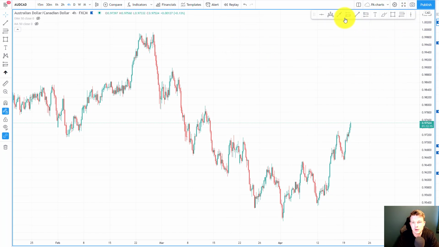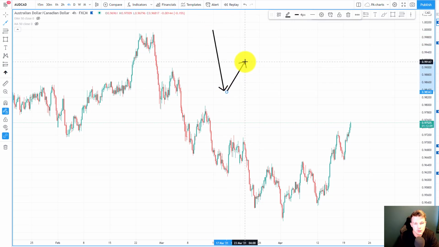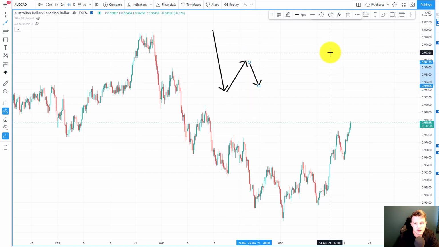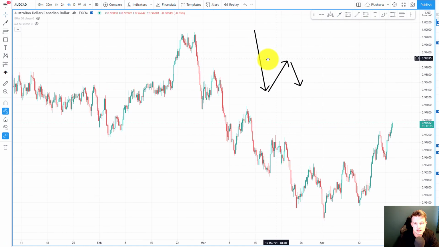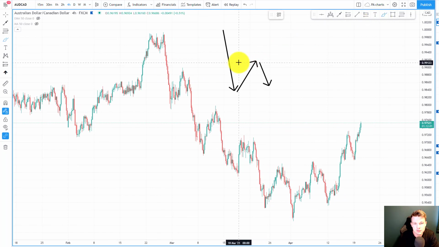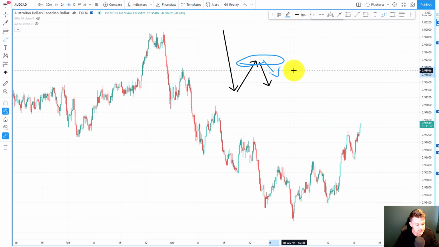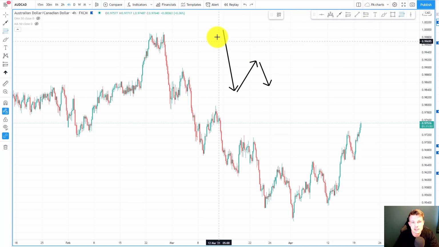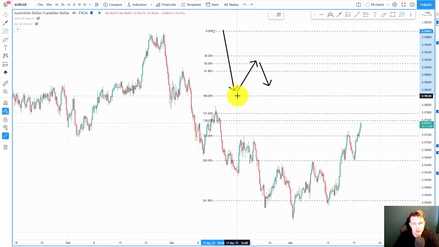And the way you use Fibonaccis is that you're looking for those drives, those initial trend drives. You're looking for wave 1, wave 2, and once wave 2 seems to be completed, once you can see that wave 2 seems to be turning around and starting wave 3, that is where you are putting your Fibonaccis, and you're going to draw the Fibonaccis from the starting point of your trend wave to the end of the